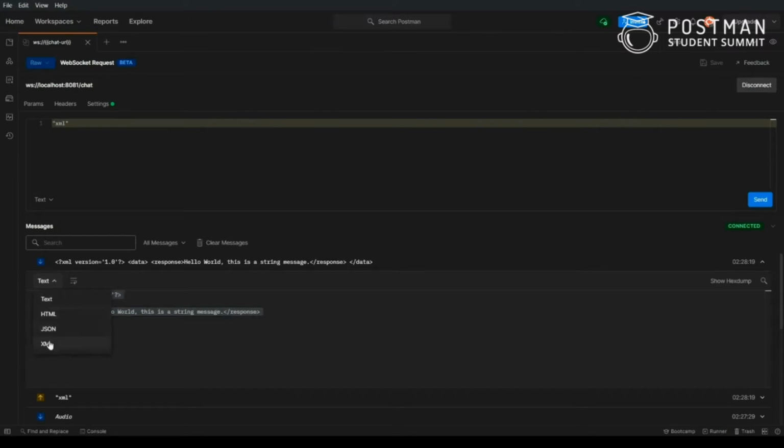So here you can always, as I told you previously, change the data type. And if I go for XML, as you can see, it color codes the keywords and other things. So you can always change the data type here if it is not correctly parsed.